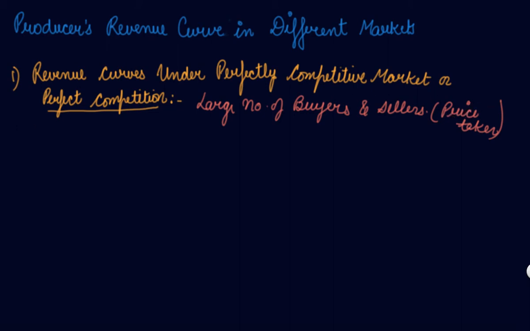So in this competition, your price remains constant. Under perfect competition, a firm is a price taker. It can sell any number of units of output at the prevailing price. If a firm tries to sell at a price higher than the market price, it will lose all its customers, right? So if you take milk, let's say there are n number of milks that you have,